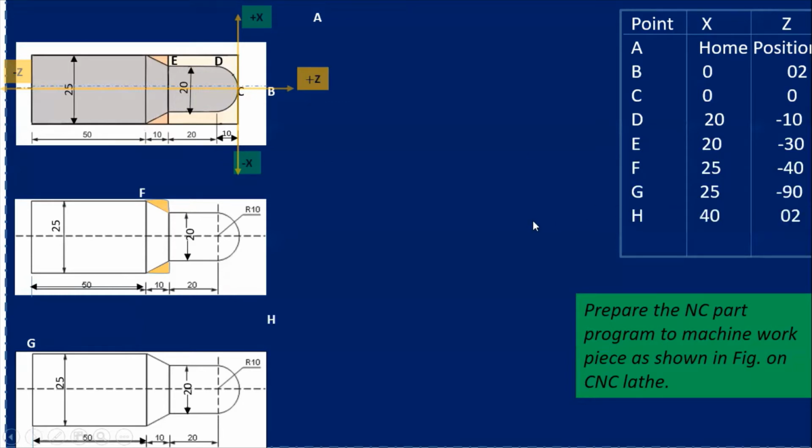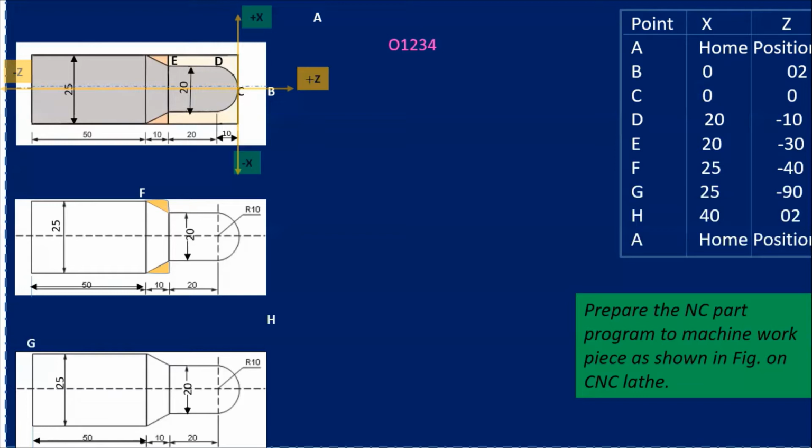After that, the tool will move away from the component, whose coordinates I have taken as 40 and +2, just away from the component. Then the tool will be sent to the home position. So this is all about the coordinates. Now, whenever you are writing the program, first you give the program number. O is the program number and I have given the program number 1234. You can give any number from 1 to 9999, four 9s. Within that range, you can give any number.